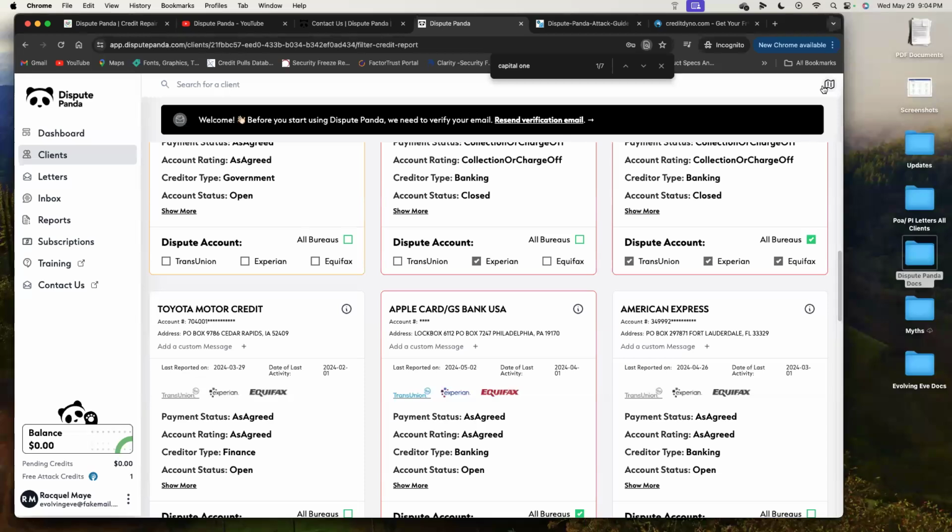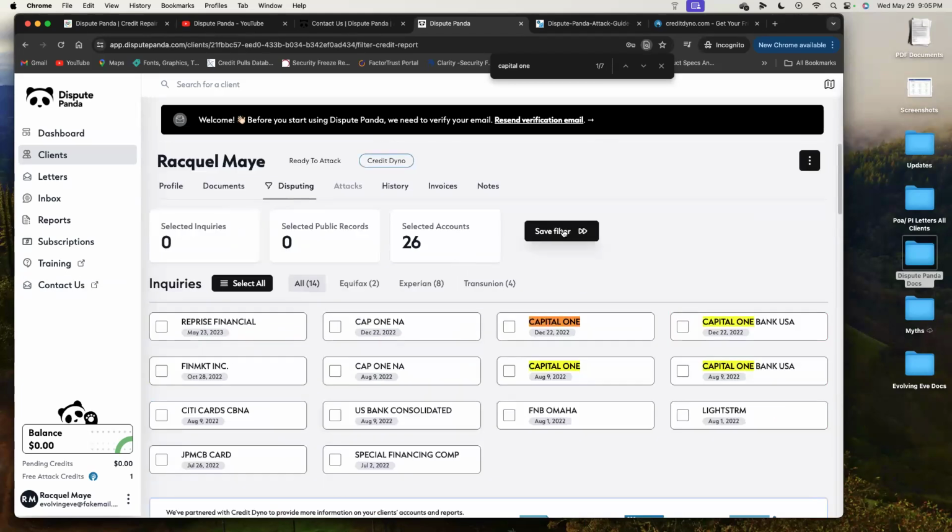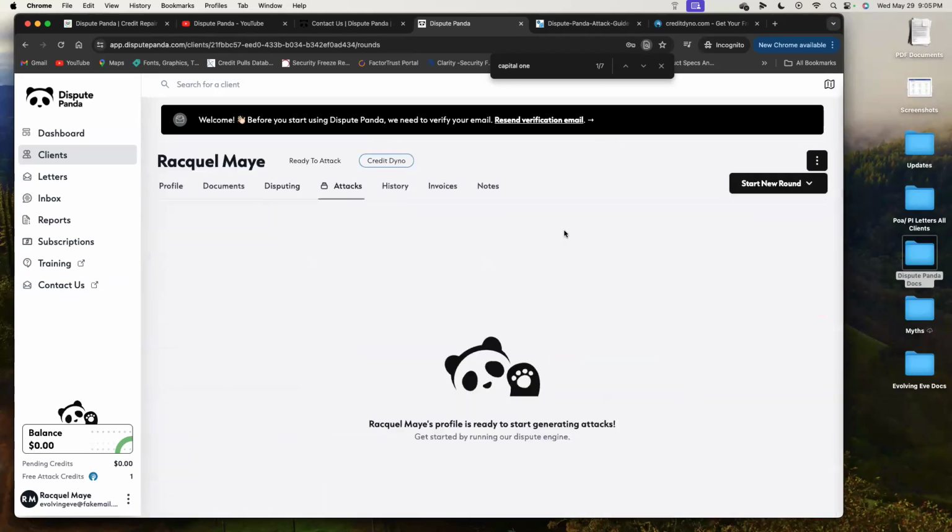If you are using Credit Dyno, every 35 days, when you update the credit report, you get a free round of attack, just like I got today when I pulled in. So you do not just get it the first time. Every 35 days that your client is paying for that credit monitoring with Credit Dyno, you have the accessibility to get a free round of attack every 35 days. Great question. All right. So now that I've done that for my client,